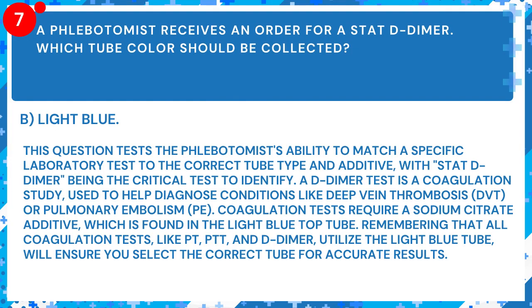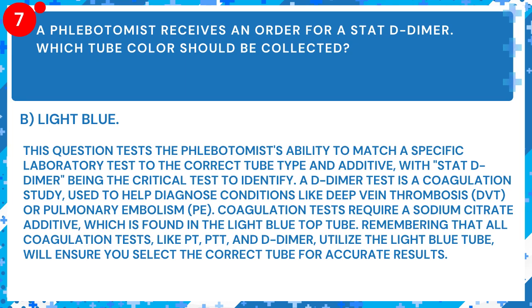Answer: B. Light blue. Explanation: this question tests the phlebotomist's ability to match a specific laboratory test to the correct tube type and additive, with stat D dimer being the critical test to identify. A D-dimer test is a coagulation study, used to help diagnose conditions like deep vein thrombosis, DVT, or pulmonary embolism,